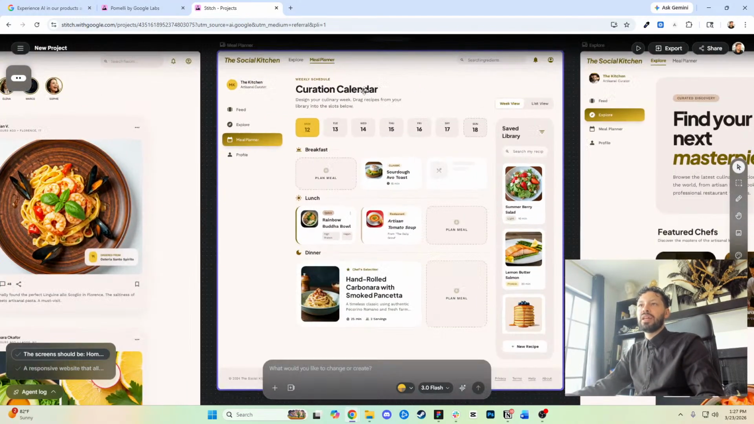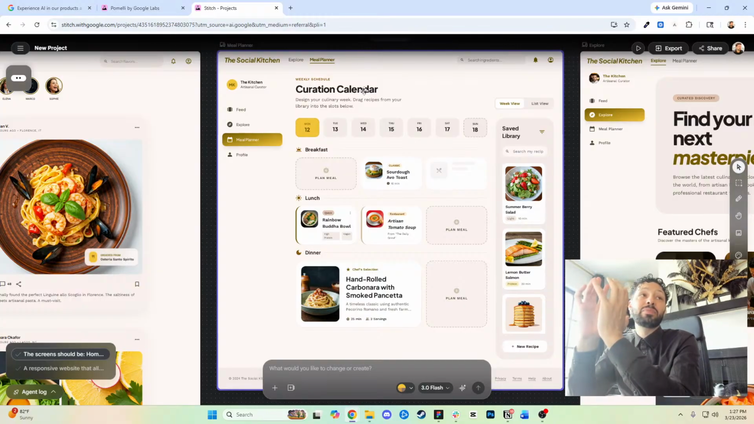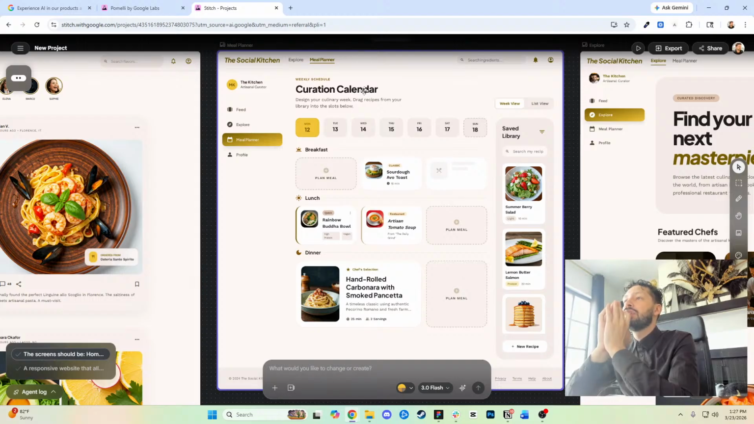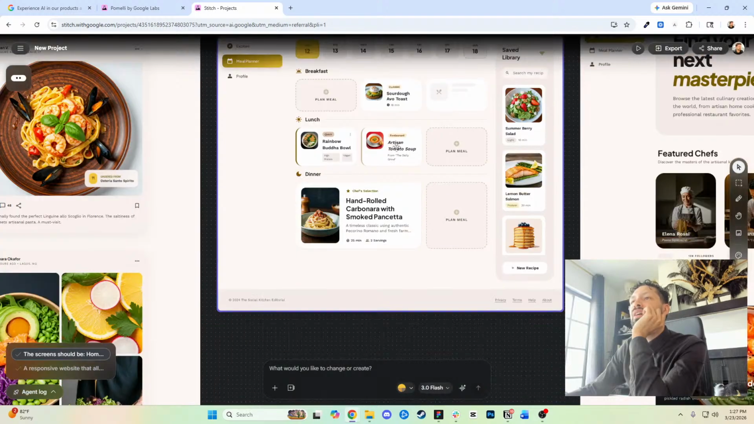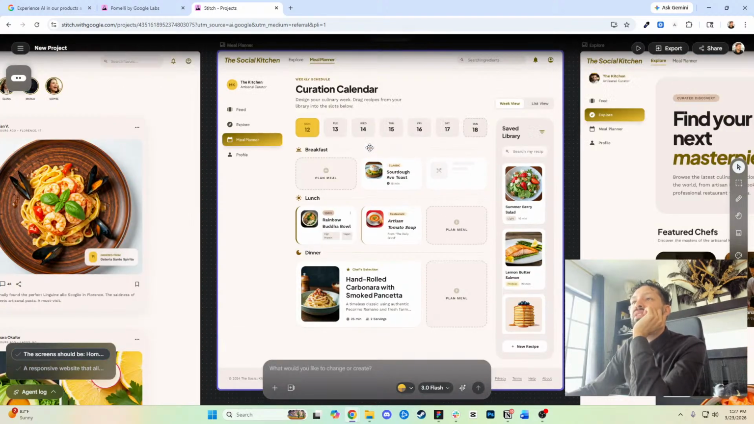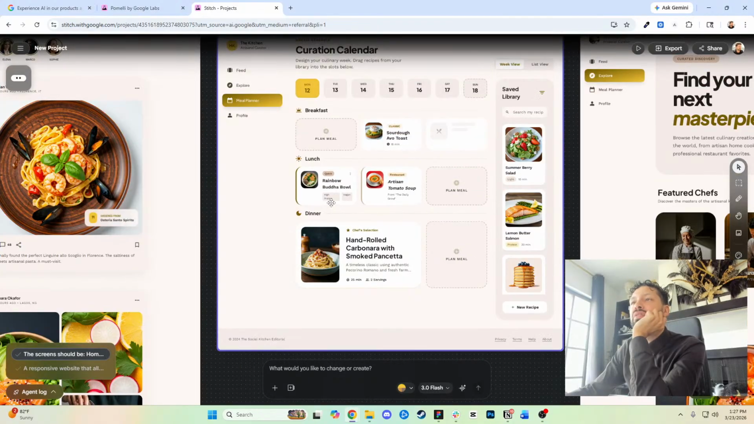Now, the meal planner. Now, this is really good for design inspiration, is what I'm seeing, to be honest. Week view, list view. This is kind of cool. So we've got weekly schedule. So that's this week, but how do I see past weeks? We just assume that breakfast, lunch, and dinner are the meals people have. There's no other